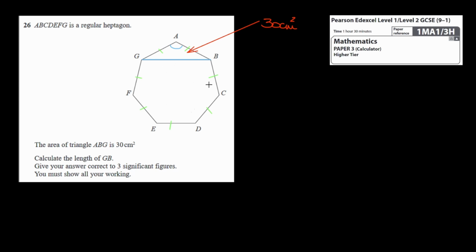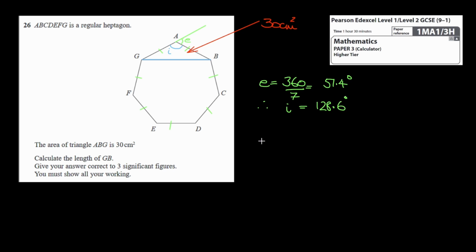Well, that angle is the interior angle of a heptagon. And I always think the easiest way to do this is to find the exterior angle and take it away from 180 degrees. So I can say E must be equal to 360 divided by 7, which is equal to 51.4 degrees. Therefore, I, which is equal to 180 minus 51.4, turns out to be